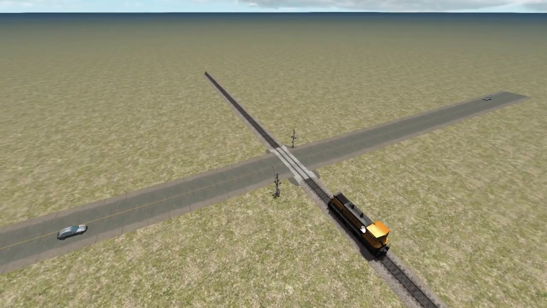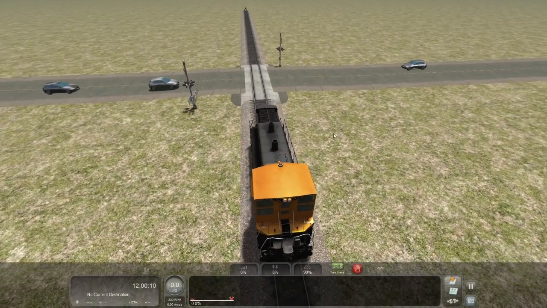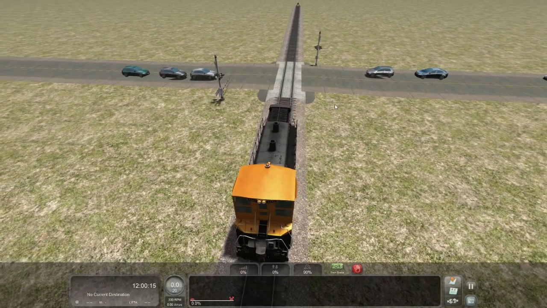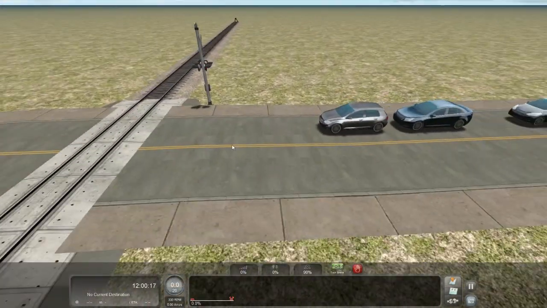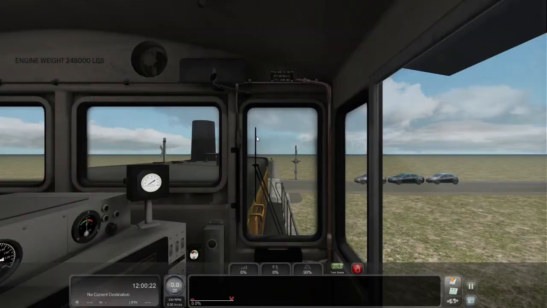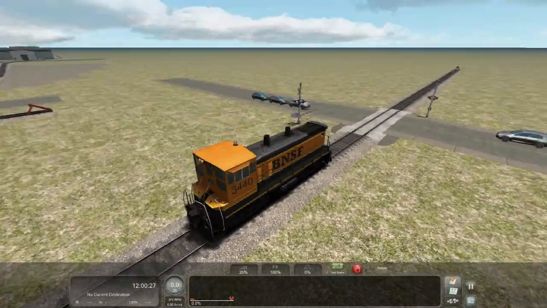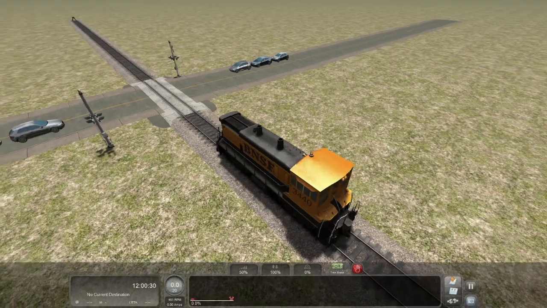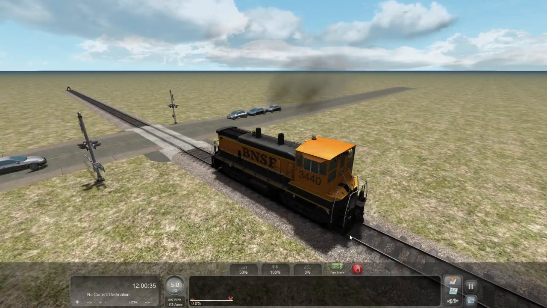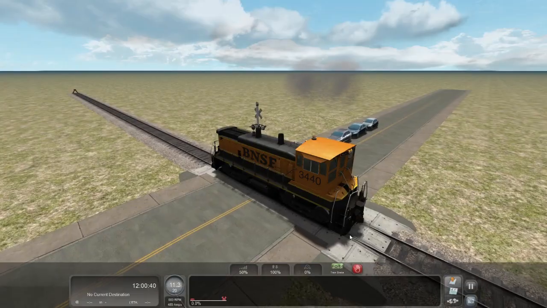There we go. So, doing this should put our gates down. And it's good to test to where you put the arrows, like here I put it too far away, generally, from where people would stop, so you can further adjust that how you want. And you can go over your crossing. And yeah, that's pretty much it.